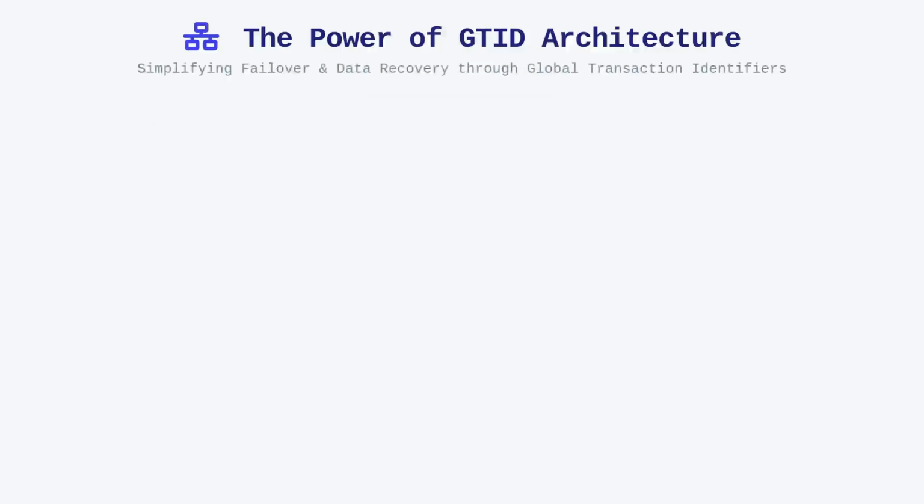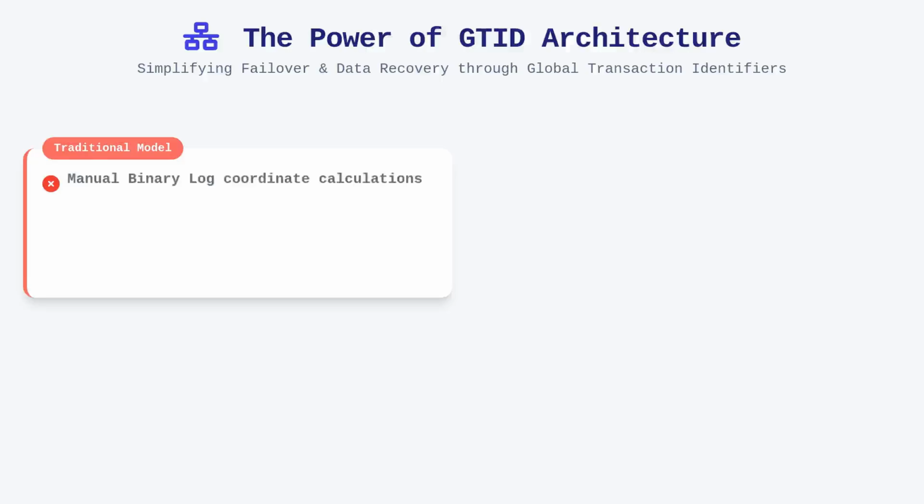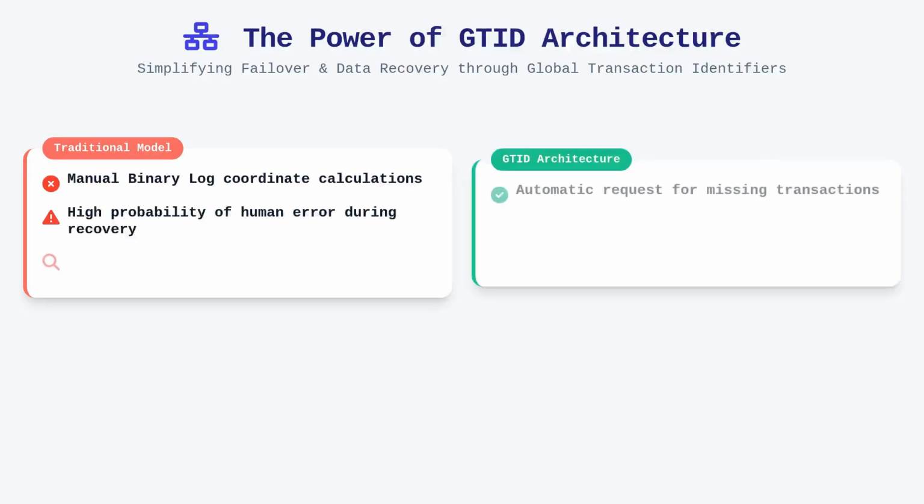The structural advantages of this model become apparent when you face a failure in your primary node. In a traditional environment, you would manually calculate the correct binary log coordinates to point the new replica at the appropriate source. With GTIDs, the replica simply asks the source for all transactions not contained within its local gtid_executed set.